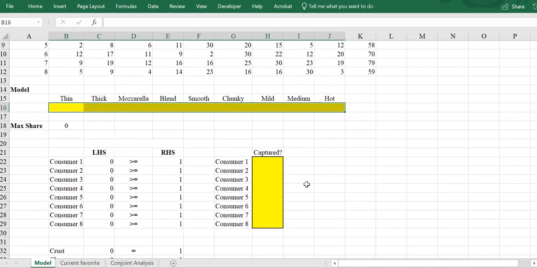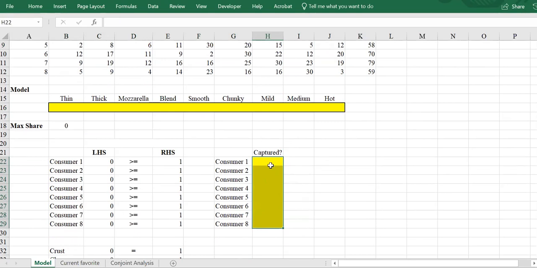And also we have 8 decision variables that define whether the person is going to be captured, whether the person is going to be attracted to our product. So that is also going to be a decision variable here. All right. So what we want to maximize in this case is the sum of decision variables, sum of yi's